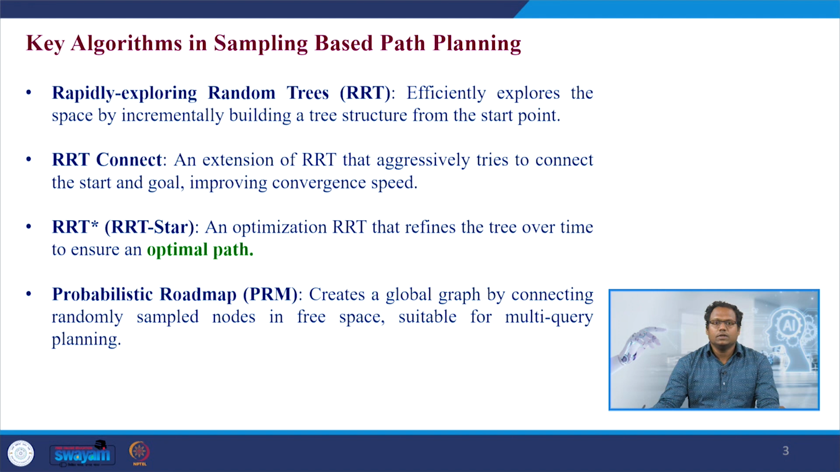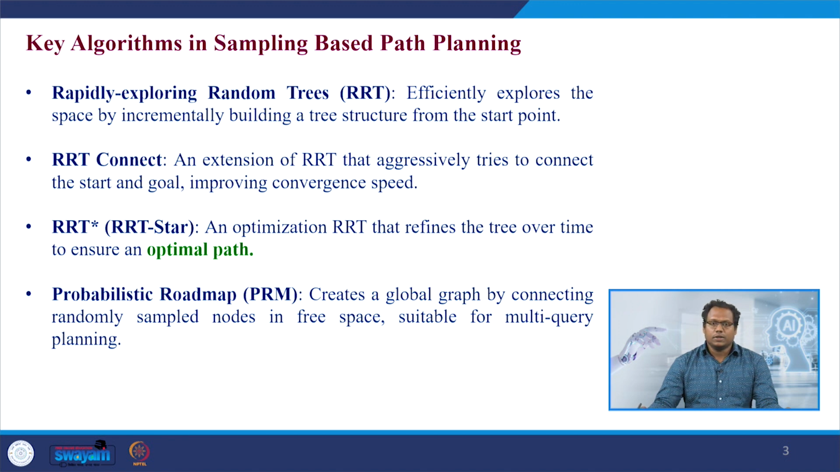Today we are going to see the key algorithms in sampling based path planning, which include rapidly exploring random trees, shortly called as RRT. It explores the space efficiently by incrementally building a tree structure from the start node. RRT Connect is an extension of RRT that aggressively tries to connect the start and the goal nodes by improving